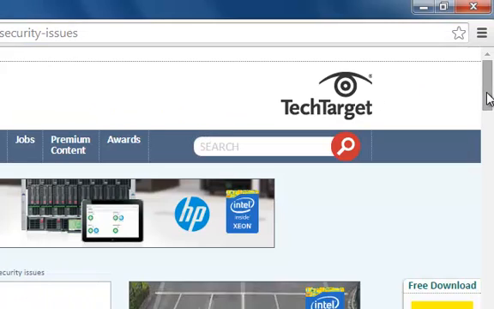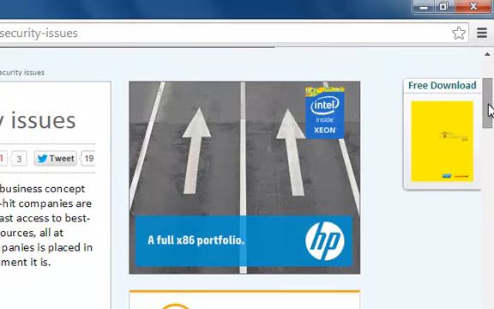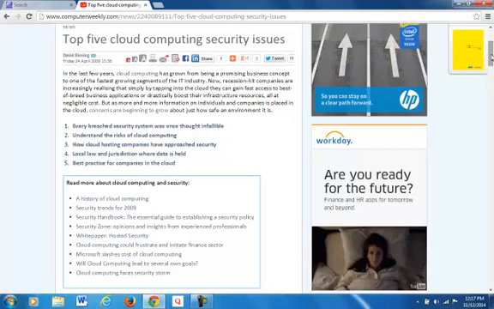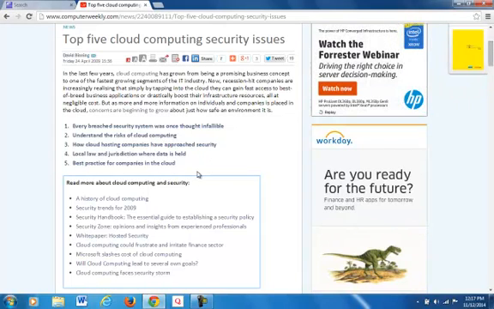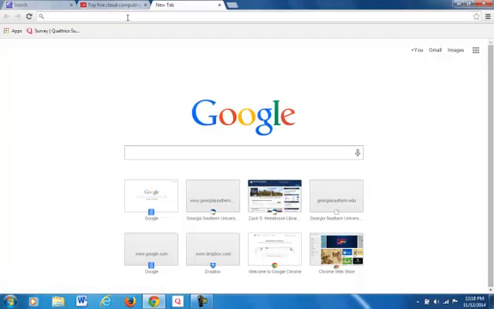Also, go to multiple websites and search the same thing. So, like on this page, there's the top 5 cloud computing security issues. I'll look it up on another site also and see if that's somewhat of a valid group of